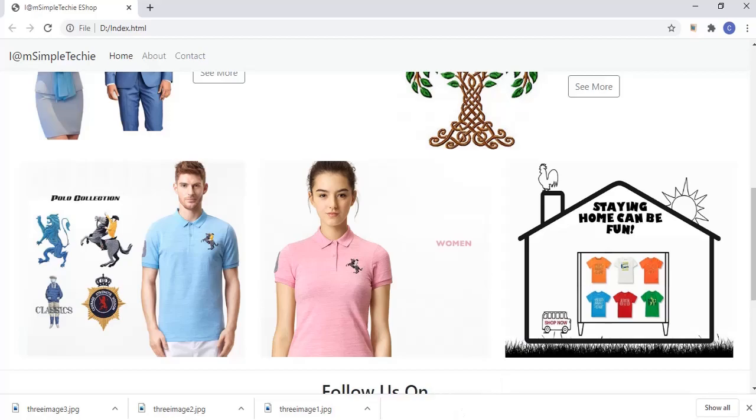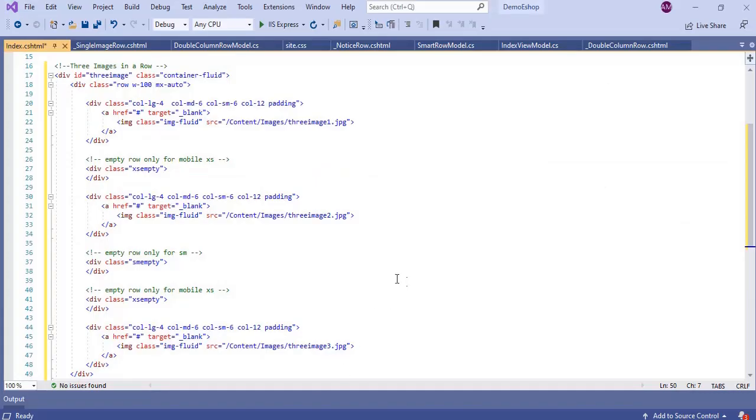Let's go to the index.cshtml and correct the image path for all the images of our triple column row.